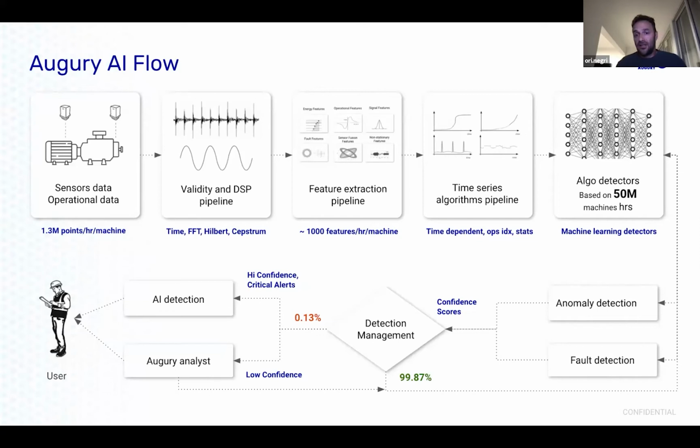The anomaly detection is designed for high recall because, as you explained from our presentation, we cannot allow ourselves to miss any fault, any type of machine health issue. We are guaranteed to deliver that. But in addition to that, we need to also provide the specific issue and the specific severity of the issue. And for this, we have the fault detectors. And the fault detectors are designed for...